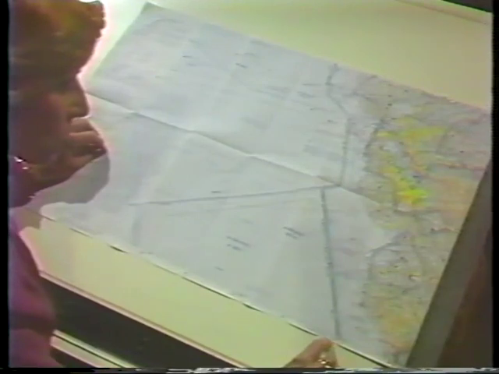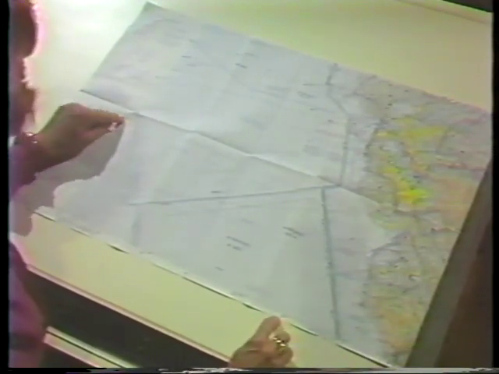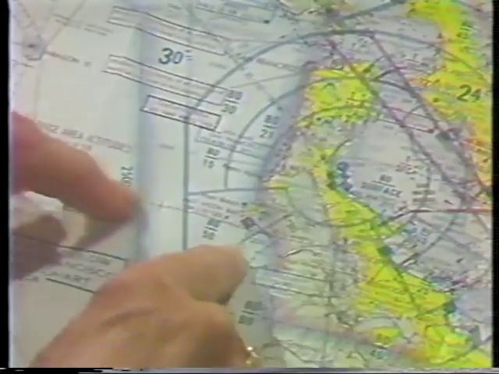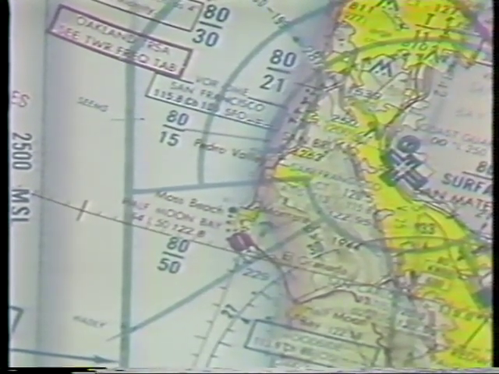Half Moon Bay Airport is located at 122 degrees, 30 minutes west, and 37 degrees, 31 minutes north. Again, follow the lines to Half Moon Bay Airport. Using latitude and longitude, you can locate any place on Earth. Another factor of navigation is time. We know there are many time zones around the world, so that we need one international form of time.